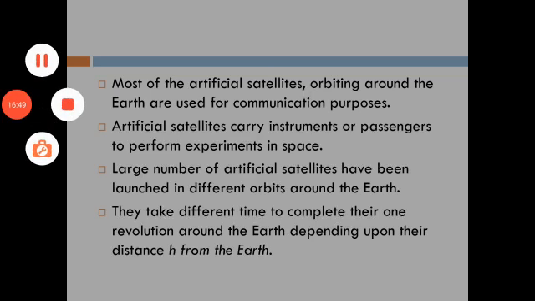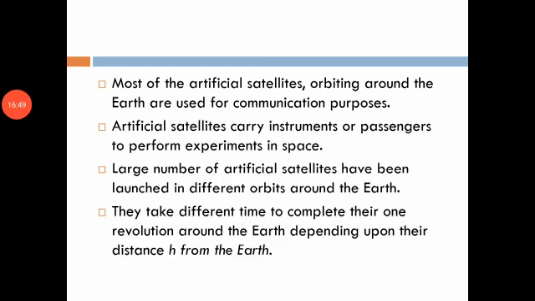Do you know? The height of geostationary satellites is about 42,300 km from the surface of the Earth. Its velocity with respect to the Earth is 0. Geostationary satellites are used for communication purposes, and its height is about 42,300 km from the surface of the Earth. It means if we take the orbital radius of that geostationary satellite, then we can say that the geostationary orbit has the value of 42,300 km plus the radius of the Earth.